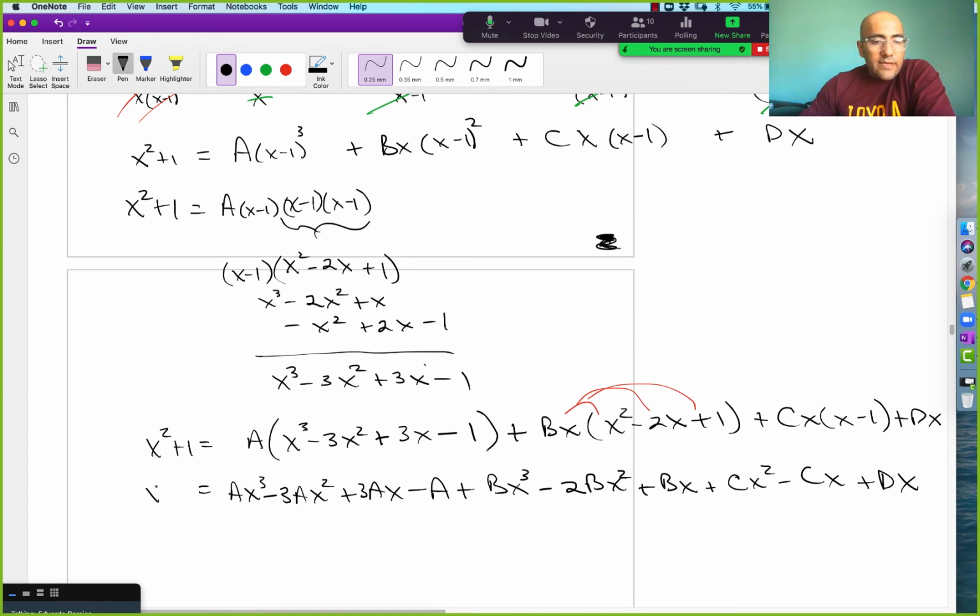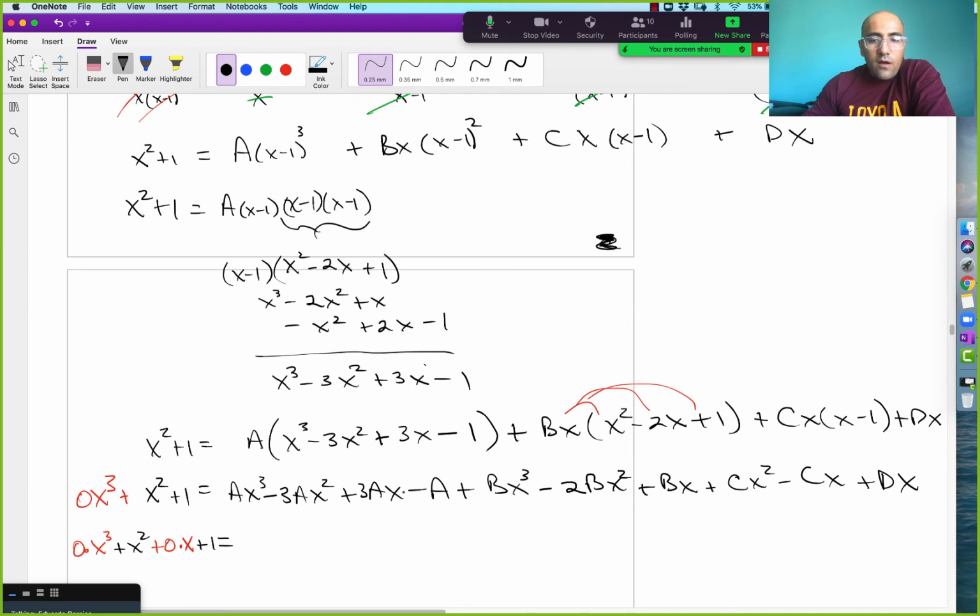On the left-hand side, again, we have x squared plus 1. And I see powers of 3, so I already know that means I'm going to insert a 0 times x cubed plus x squared. But there's also powers of 1, and there is no 1 over there, so I know I'm also going to insert a 0. So 0 times x cubed plus x squared. And then I'm going to insert another 0 plus 0 times x plus 1